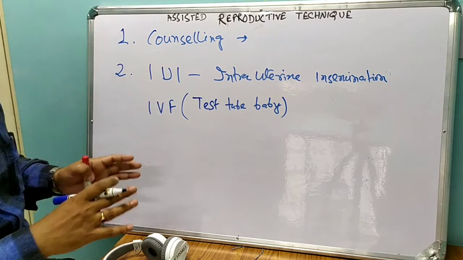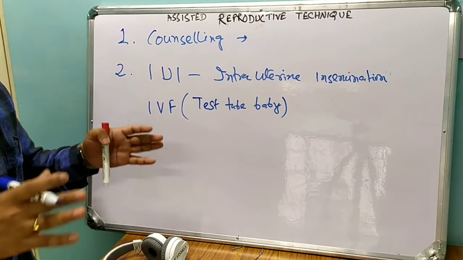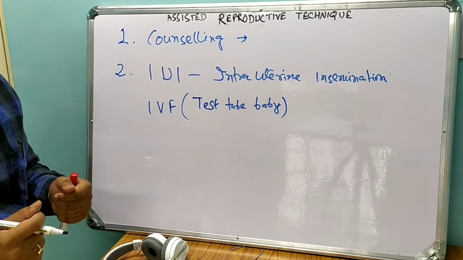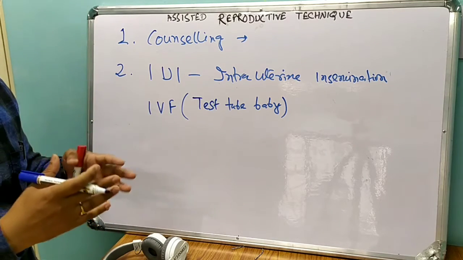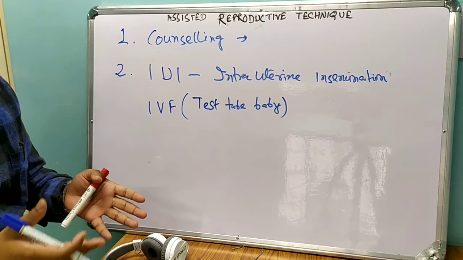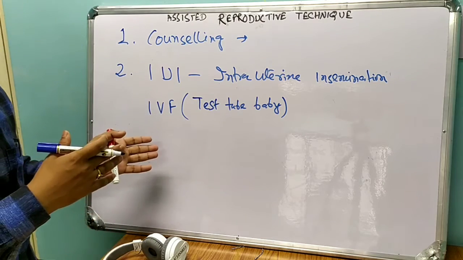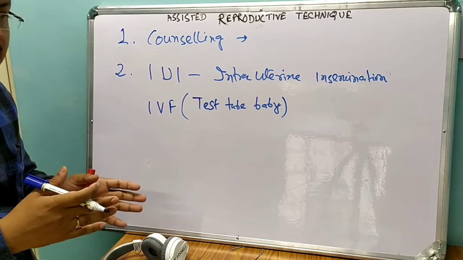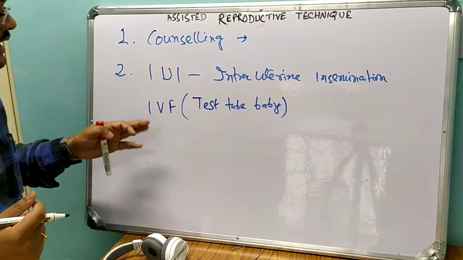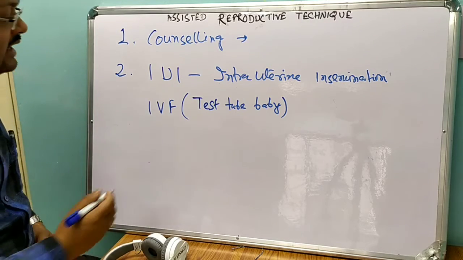Finally, after some preparation and cleaning up, we add the sperm and ovum in a petri dish, and there the fertilization occurs. Then we check it and incubate it to the 8 or 16 cell stage, and then we finally transfer that embryo to either the mother or a surrogate mother. Now this is the simplest technique of IVF, in vitro fertilization.